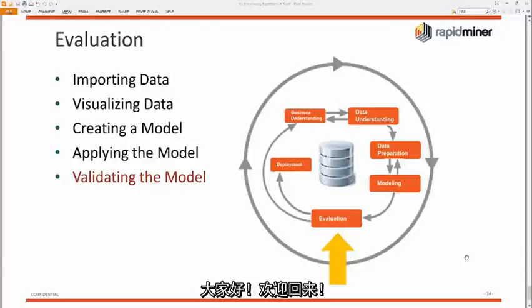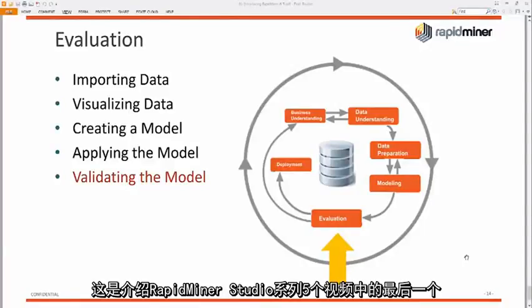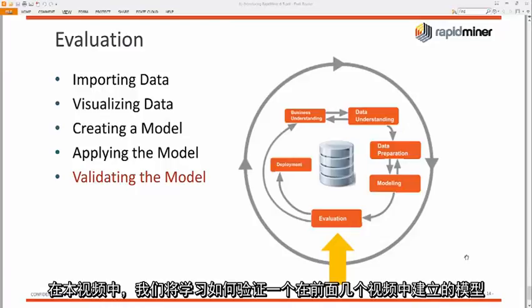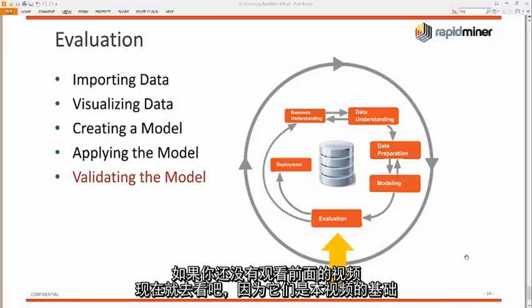Hello and welcome back. This is the last video in a 5-part series introducing RapidMiner Studio. In this video, we're going to learn how to validate a model that we built in the past videos. If you haven't watched the past 4 videos, please do so now because they are the foundation for this last